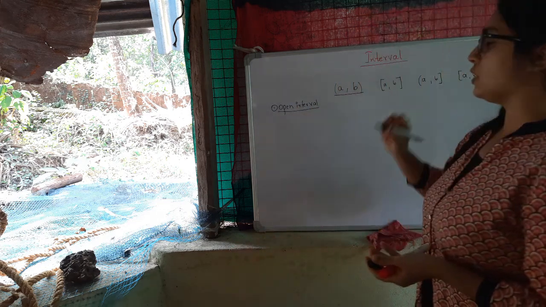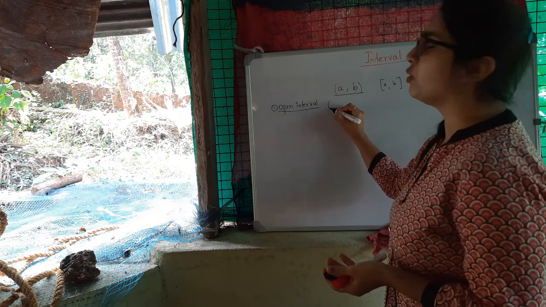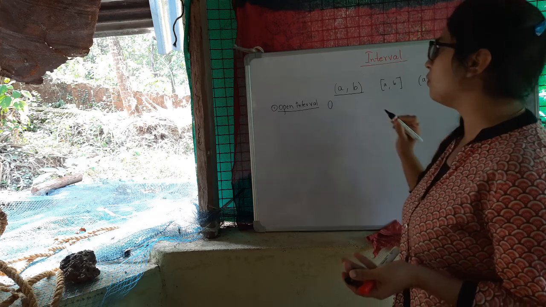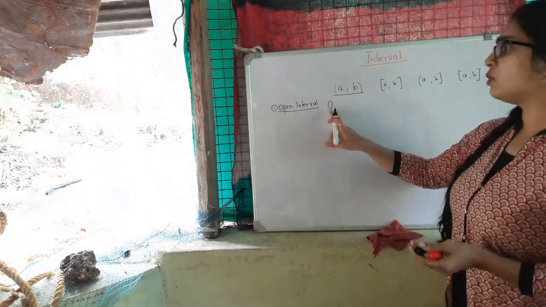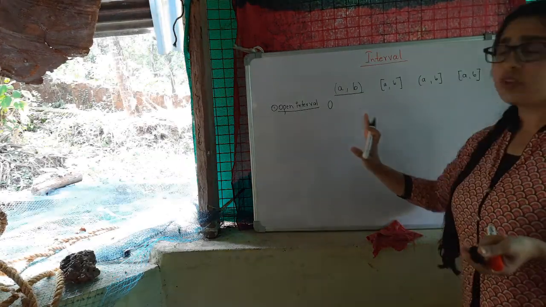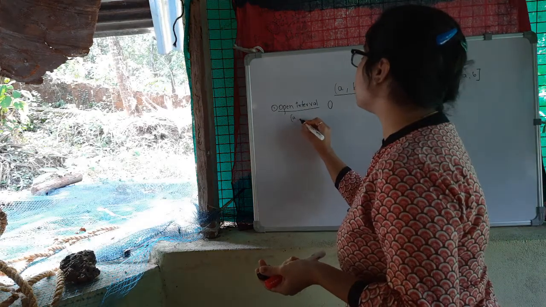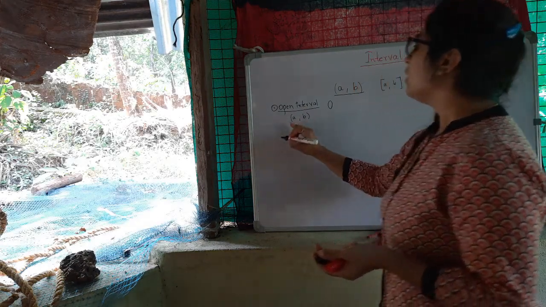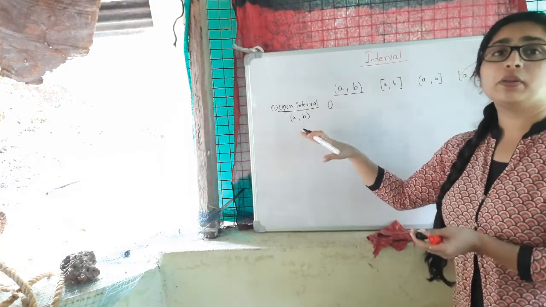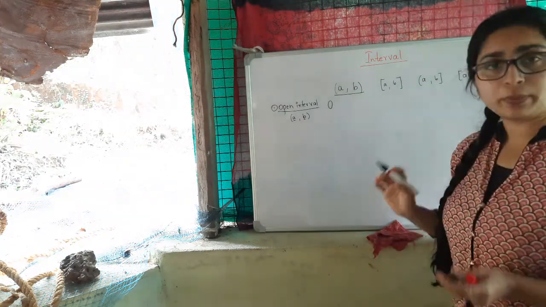this is an open interval. See, you have the round brackets here. So just to memorize it, you consider two open brackets which are very close. It looks like an O. So the round brackets are used to represent the open interval. It means it includes all the numbers between A and B, but it doesn't include these endpoints or the limits.